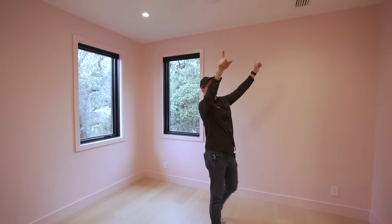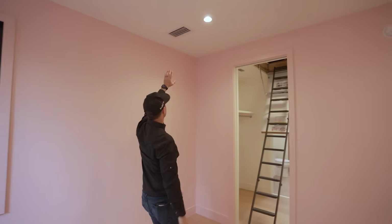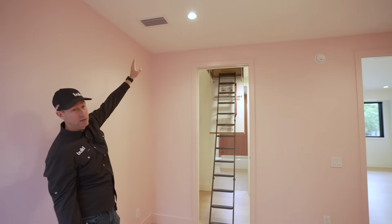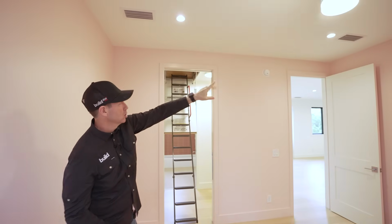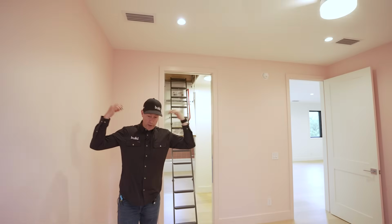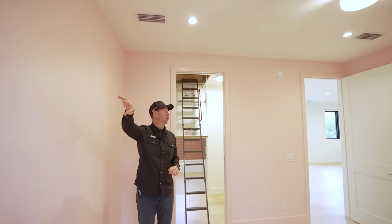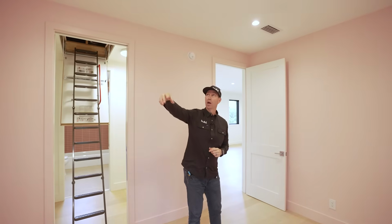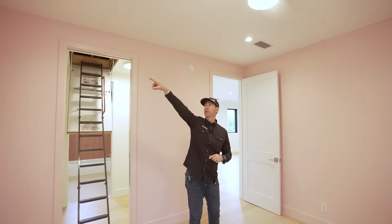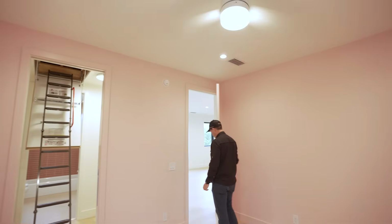Also want to show you the 2 vents here. These look like the same vents, right? They're the nice commercial style curved blades, not stamped steel. One of them is supply and the other one over there is return. So this is bringing the air conditioned air into the house. We put it towards the exterior wall where the 2 pillow windows are. This is return though. So as that one is supplying both fresh air and air conditioning, this is drawing back out. So when this door is closed,